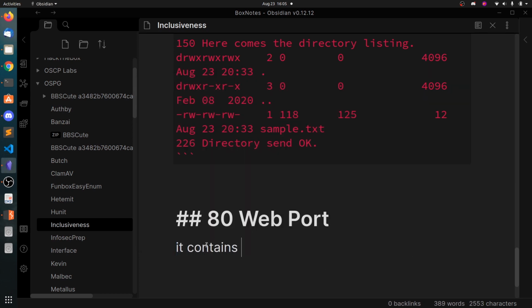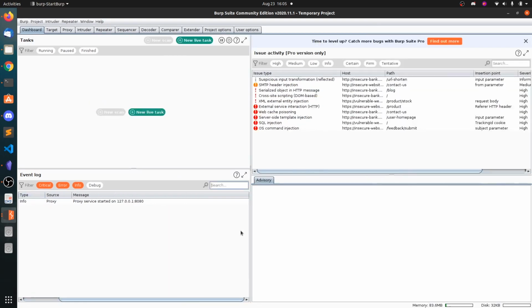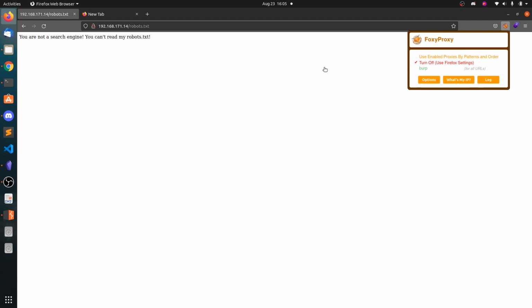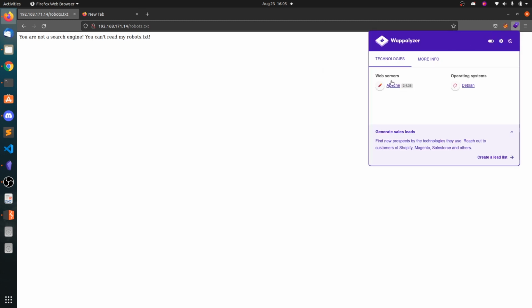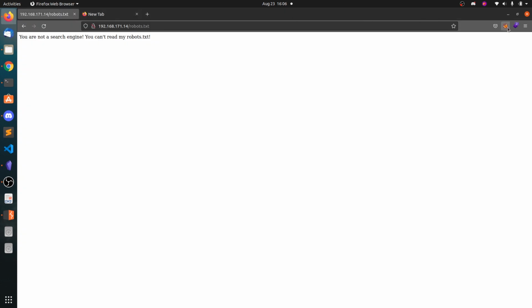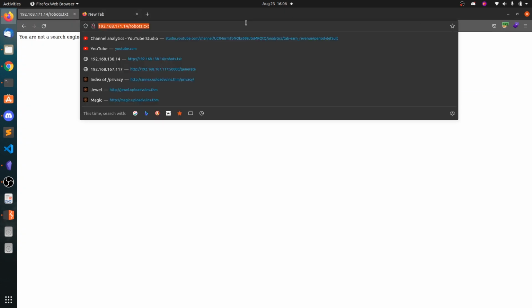It contains the Apache default page. Okay, then it contains robots.txt. We're going to change the user agent. And you can see Wappalyzer did not find anything beyond Apache and Debian, so it did not find any specific programming languages. Intercept is on, change it to Burp and refresh this.